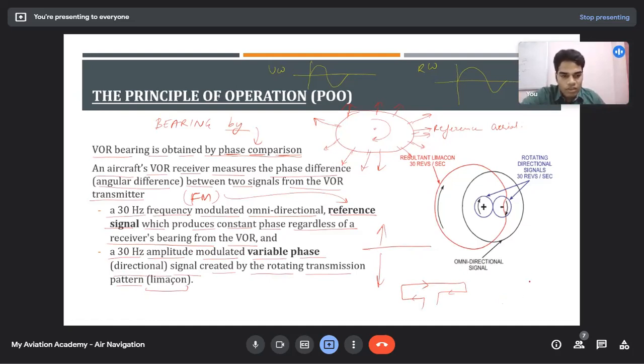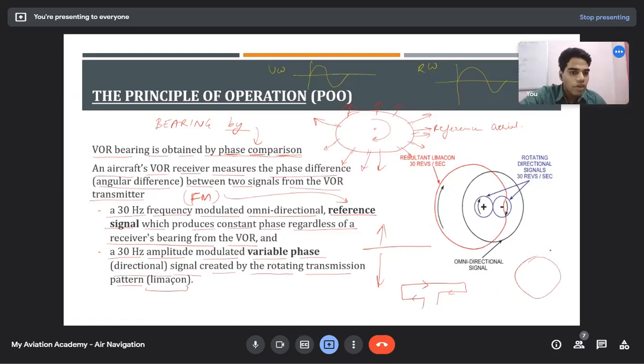The polar diagram was this way. Okay, and it's a figure 8, simply like this. Now, what is happening here? In that, I told you that there is ADF and NDB, so both will have a different club together, right? Whereas in this, we only have one on the ground. We're not talking about the air. So VOR is present only on the ground, so it is only creating one.